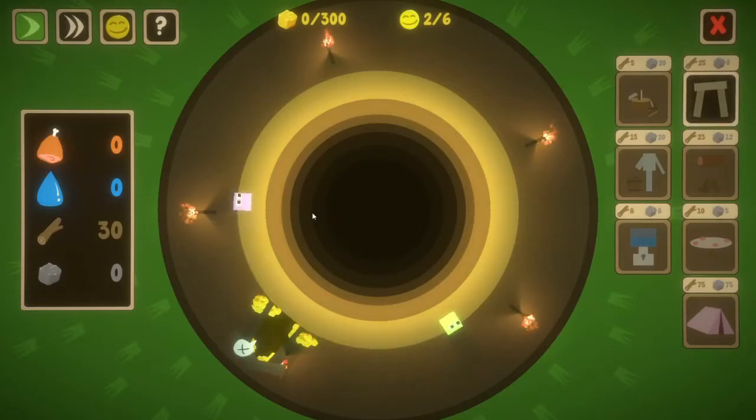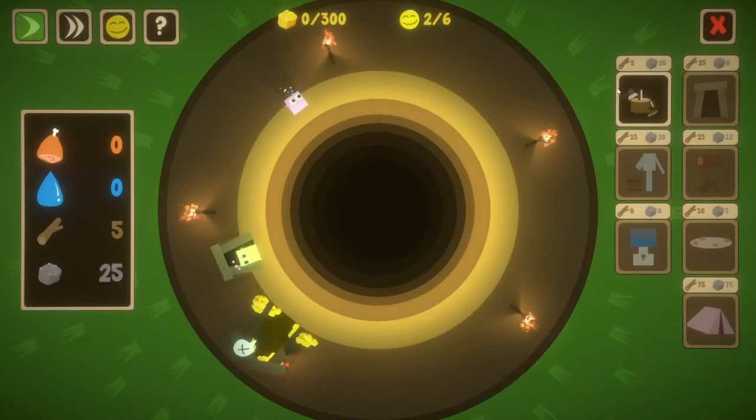Okay, so I have 30 wood, but no rocks. Oh, but they've now built some kind of mine there, so it'd be nice if there's like a progress bar, but I think... How do I get them to do stuff in there? Let's see, is there anything I could do? Okay, but they did that then, I think, so they built... Oh, they're doing that there, okay. So I'm now getting stone, and I can build